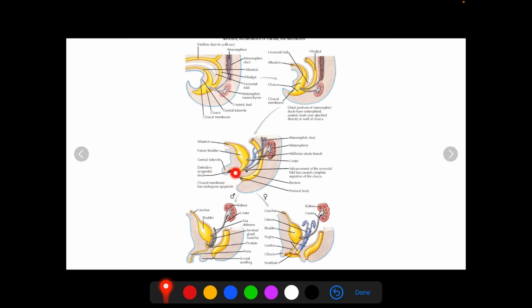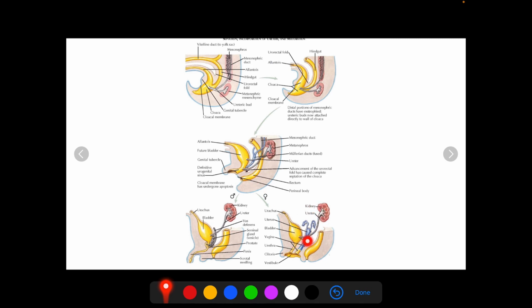Now separated, the mesonephron is formed, and the metanephron is formed from the continuation of the duct of the mesonephron, not from the allantois. That's why the mesonephron originates from the mesoderm. If it originated from the cloaca, it would originate from the endoderm. Now, as we see the Mullerian duct,